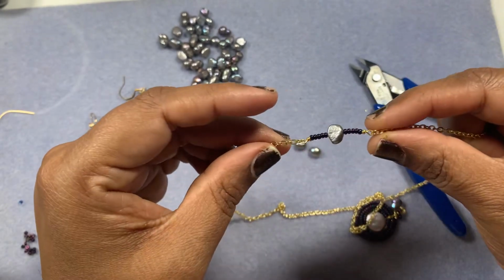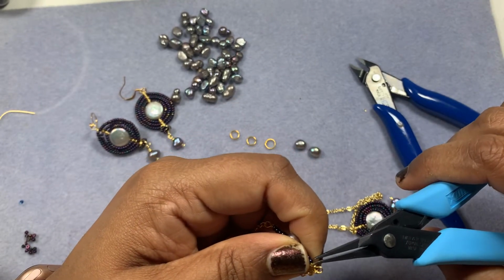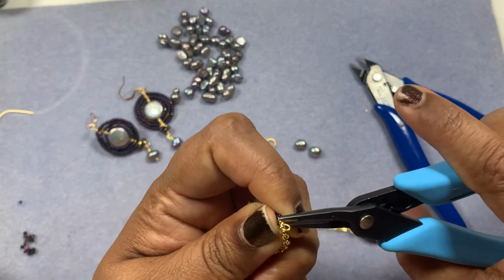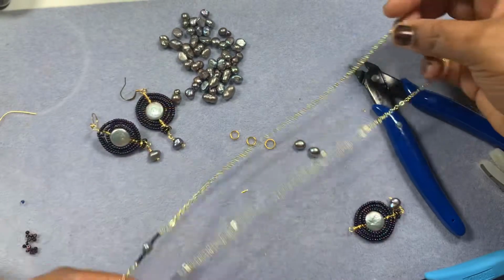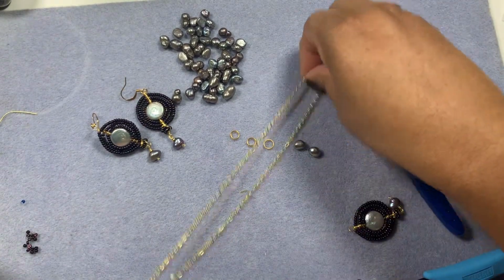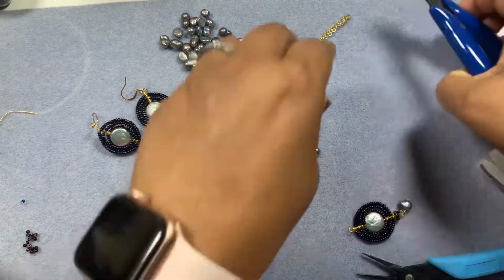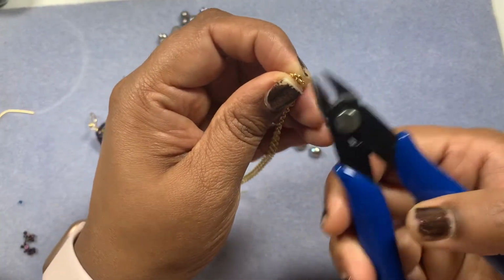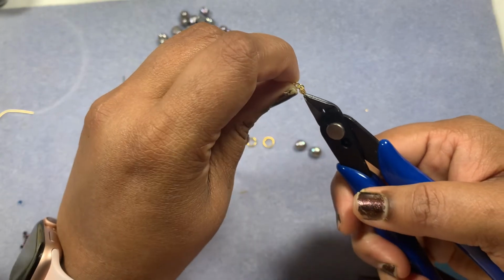So tuck in the tail, and still I can feel the tail, so I'm going to tuck in more. There we go. And the chain is pretty much ready. All we have to do is, I am just going to put it like this, and then this will approximately be the middle of my chain, and I'm just going to snip off one link,